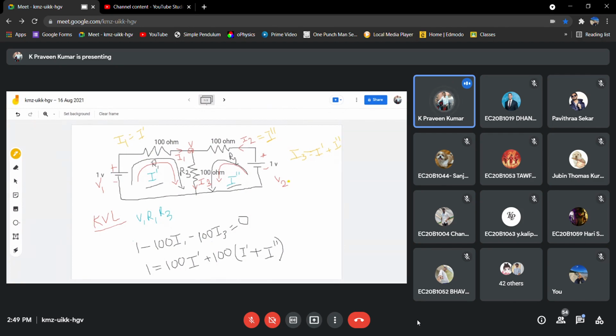So this we want to have, right? If I want to calculate these branch currents, I should know I dash and I double dash. If these two are known, I can calculate all three currents.